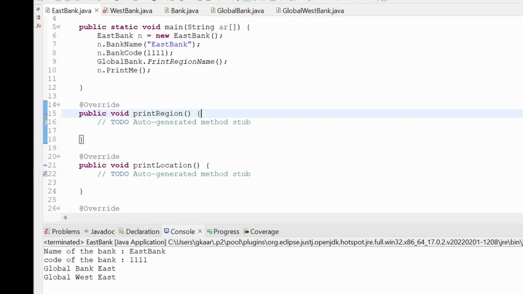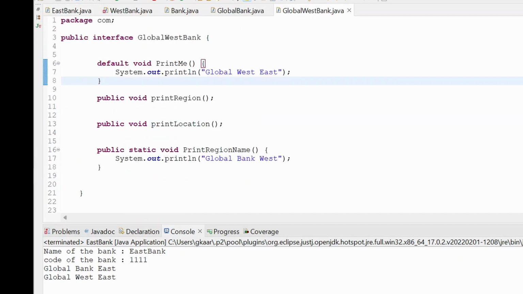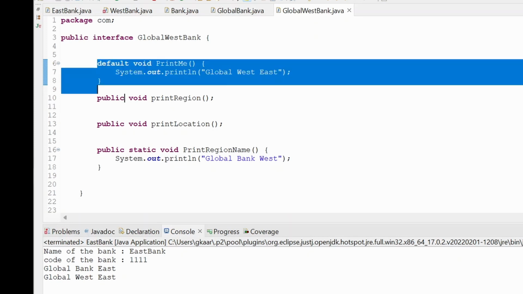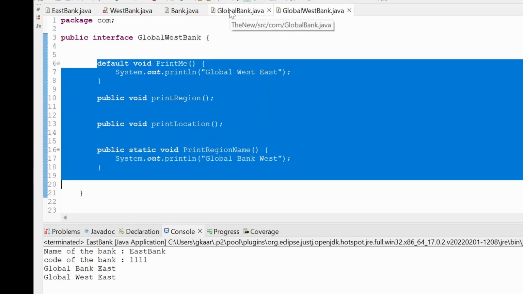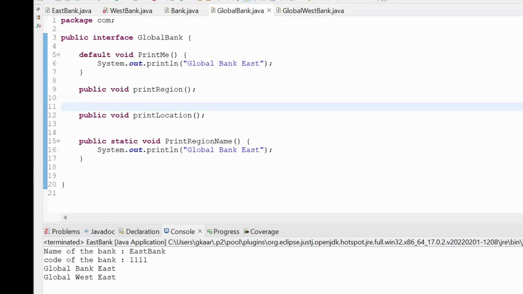so basically, it's too complex a problem, but one should know why we wanted an interface. So basically, in the interface, you can have multiple interfaces, and when those interfaces get extended in one class, you'll be facing a problem called the diamond problem, where you will not know which one. So you're having almost similar methods in this class and the global bank and the global west. You have the same methods in it, but when you are trying to